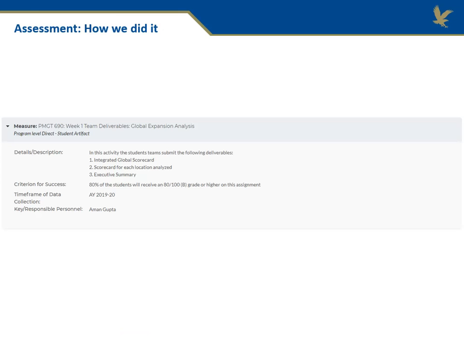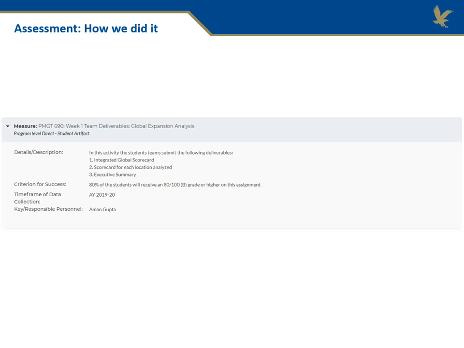Assessment, how we did it before. Here's an example from our TaskStream site where we have an assessment plan. All program outcomes are assessed on a scale every year where we assess maybe 2 or 3 outcomes a year, and typically they are targeted on specific assignments. For example, this is an outcome from the MS in Project Management program, and the outcome is linked to this